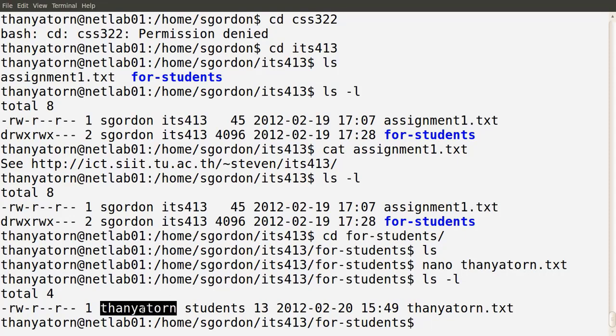She is the owner of that file. Her default group is students, and the default permissions created for that file show that others can read, group members can read, and Miss Tanya Torn can read and write the file. So we can give other users permissions to create files in other users' directories. Let's try one more example. Let's go back to the home directory,